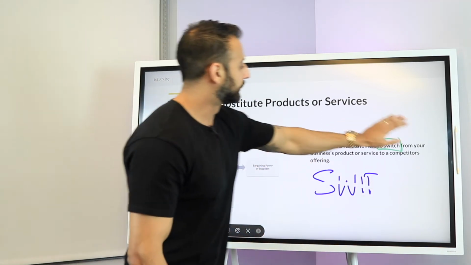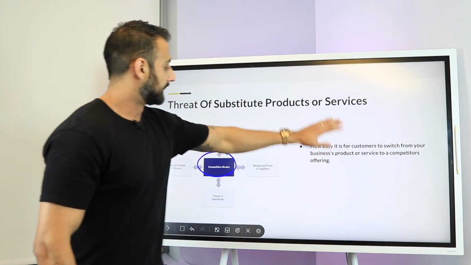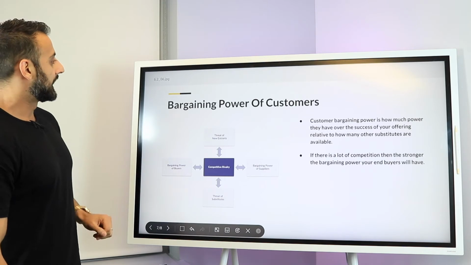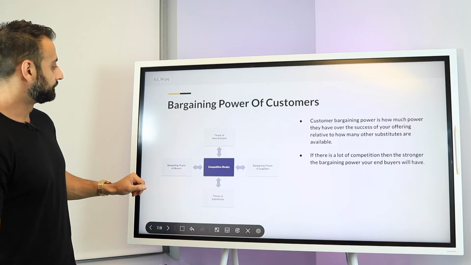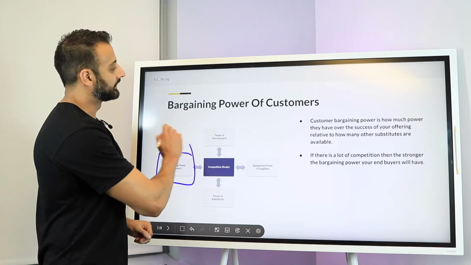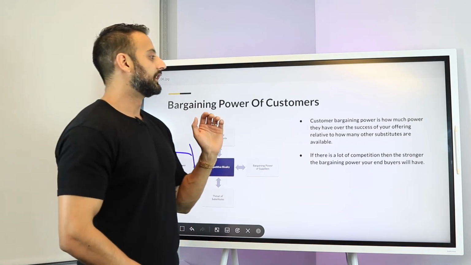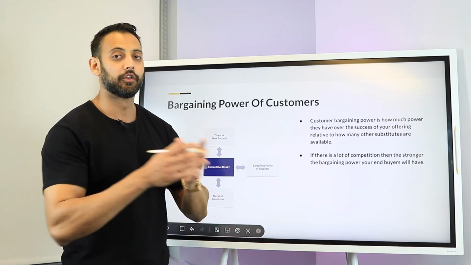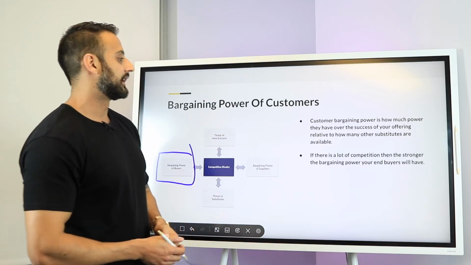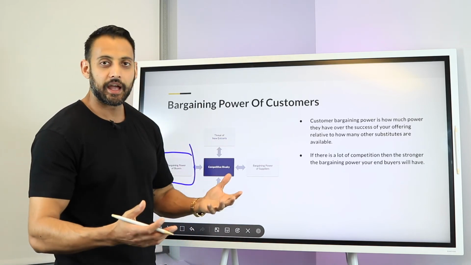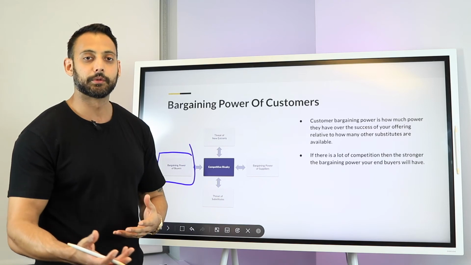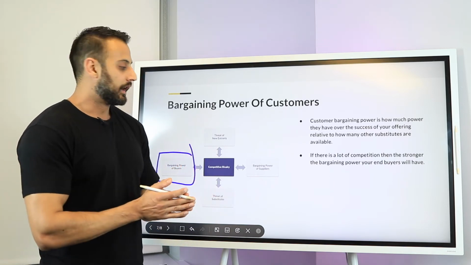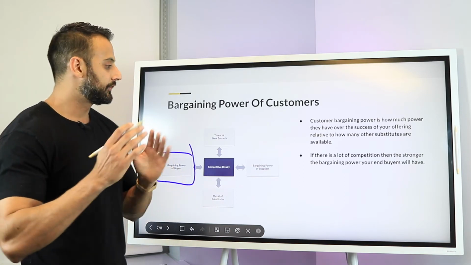And we're going to switch to the last of the forces, which is the bargaining power of your customers or buyers. And what that is, is how much bargaining power do they have over the price of your product? Are there enough substitutes out there? The more substitutes that they have, the more options they have available. And if you're not that different in terms of what you're offering, and it's really just,